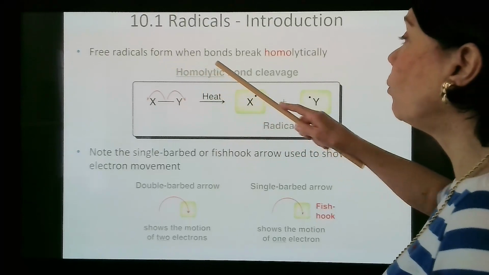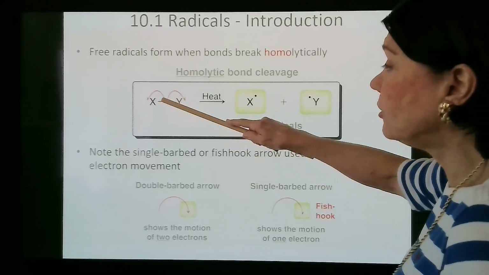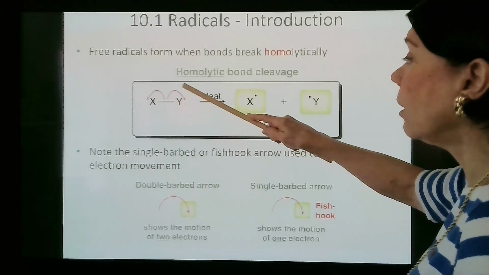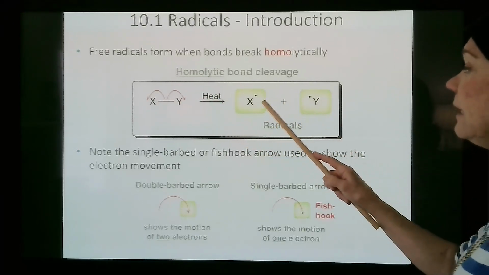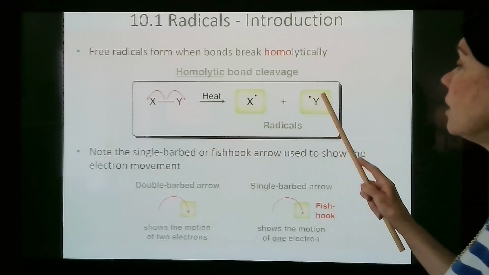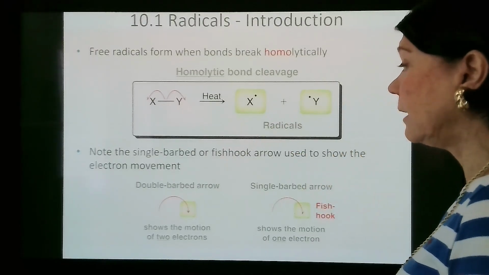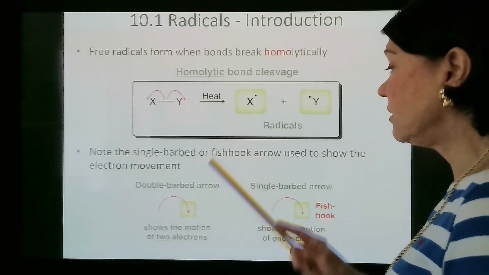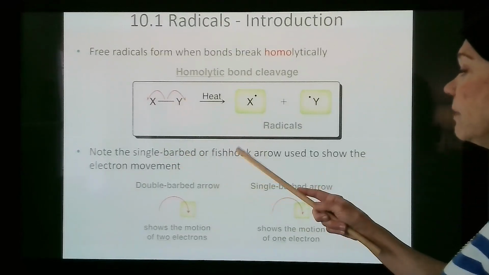So radicals form when bonds break homolytically. So remember that is a single bond that contains two electrons. It breaks. One electron goes with one part. The other electron goes with the other part. And so this is called homolytic bond cleavage because the two parts that are formed when the bond breaks, the two molecules that are formed, are alike in that each contains an unpaired electron. Notice the single barbed arrow, sometimes it's called colloquially a fishhook arrow. That means the same thing, single barbed and fishhook,